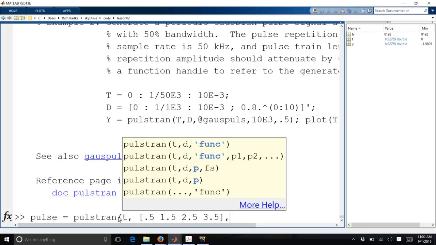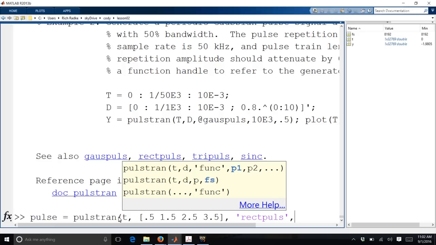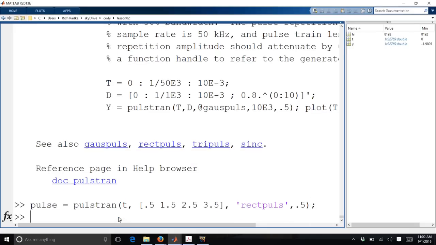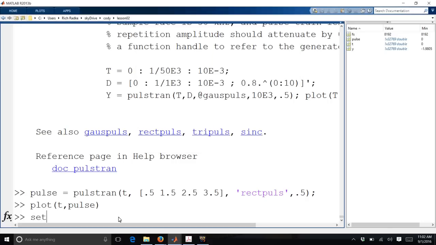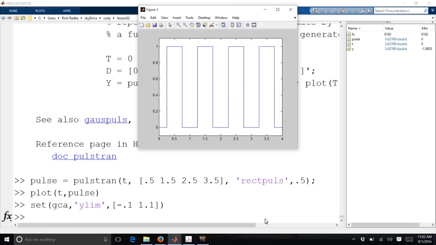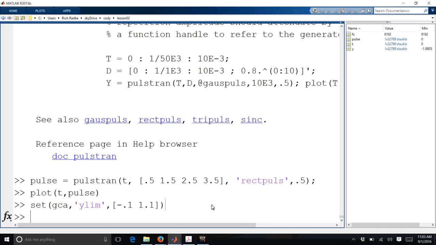And then I'm going to generate my pulsetran with rectangular pulses. You can see here that Matlab is helpfully popping up the help syntax for the function, so I remember what order things need to be in. And let's say I want these pulses to be a quarter or half a second wide. Now if I plot what I just made, it looks like something that is on and off. I want to make sure that's more visible, so I'm going to set the limits a little better. You can see this is a pulse that turns on and off, and now I've got my pulse vector and my y vector, and if I multiply these together, I should be able to get